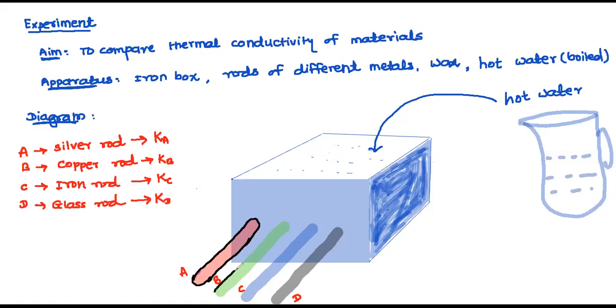Similarly, this rod also I am going to coat with wax. You have to coat it completely. What you have to do? You coat this rod completely with the wax. Can you see what I am doing? Yes, I am coating these rods with the wax. If wax is not there, you can use grease also.